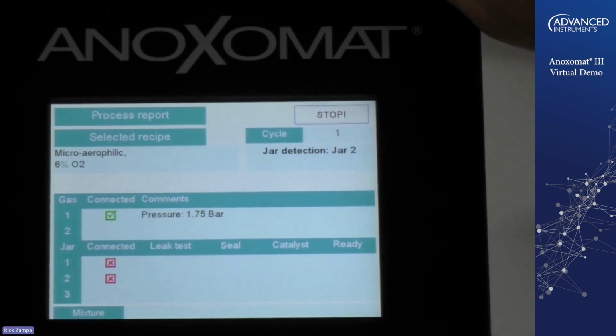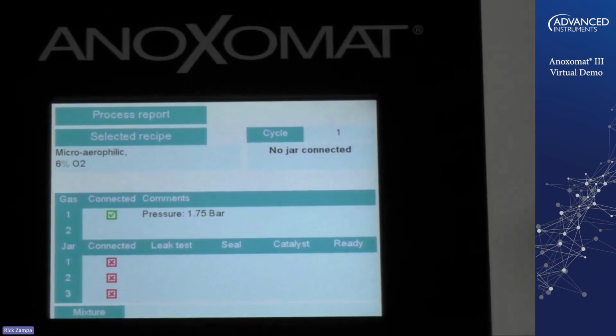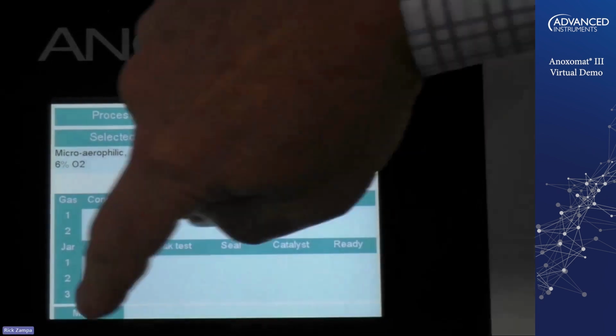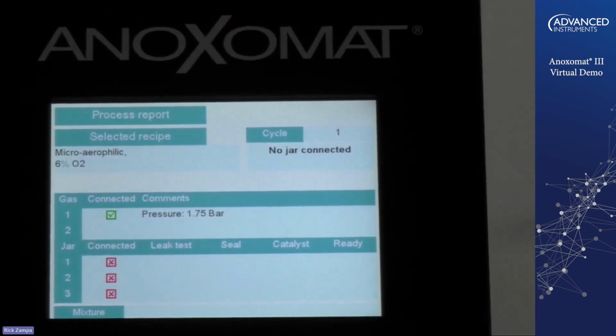Well, it didn't do my jar ID. It said it's not connected. Okay, so this is a good example. Always good to have an error message when you start something up. So I connected this system to jar tube number 3, and it's saying that that's not connected. So either I didn't get it connected all the way, so I'm going to pop that loose and start over. But this is what I'm talking about when we talk about the QC